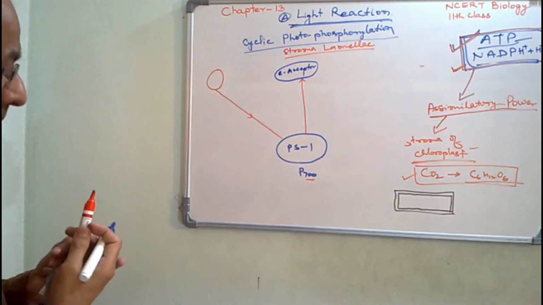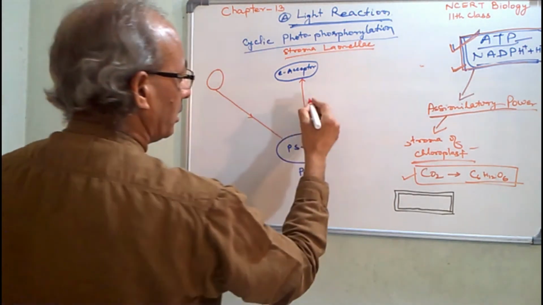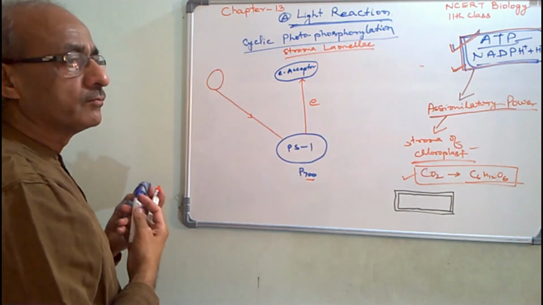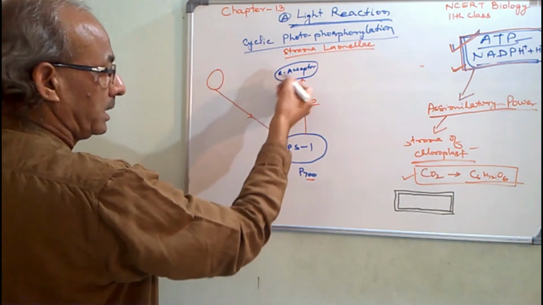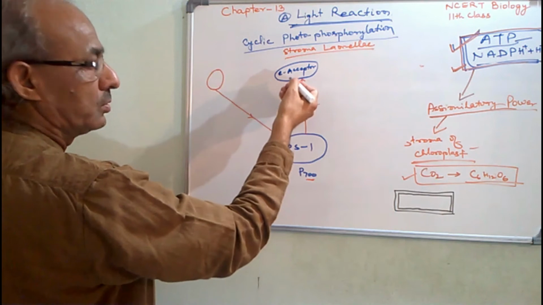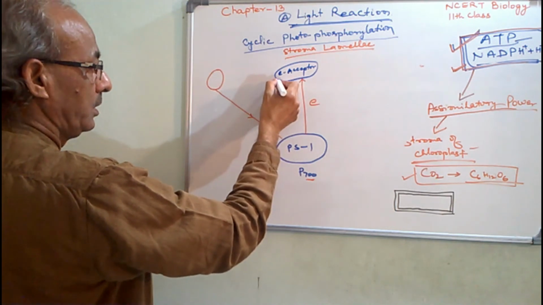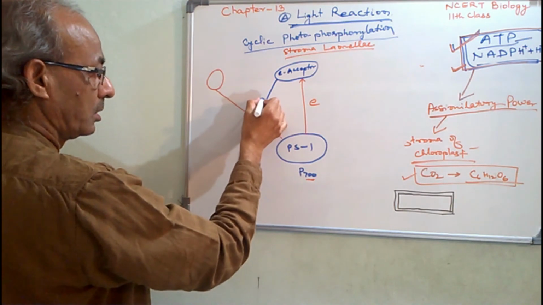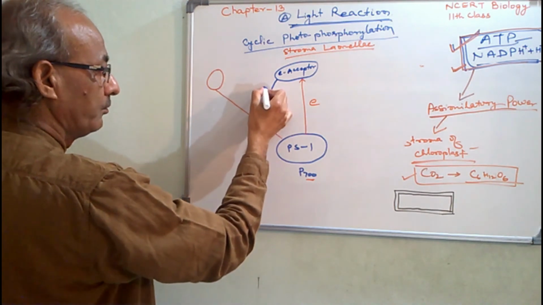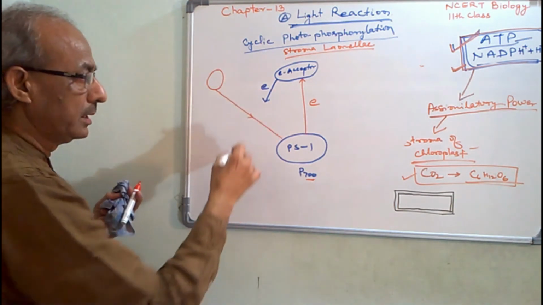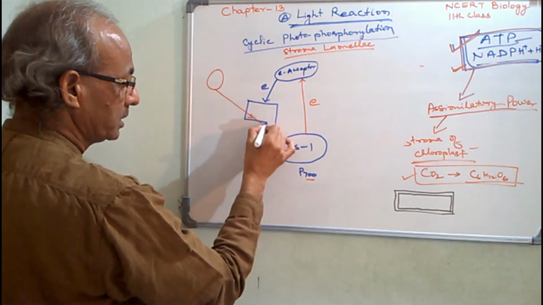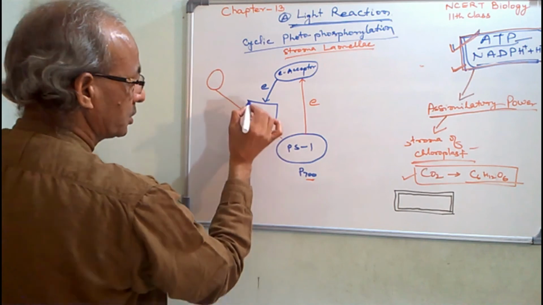Clear? Upward movement. And thereafter the electron from the electron acceptor moves downward, downhill, and is received by the electron transport system consisting of